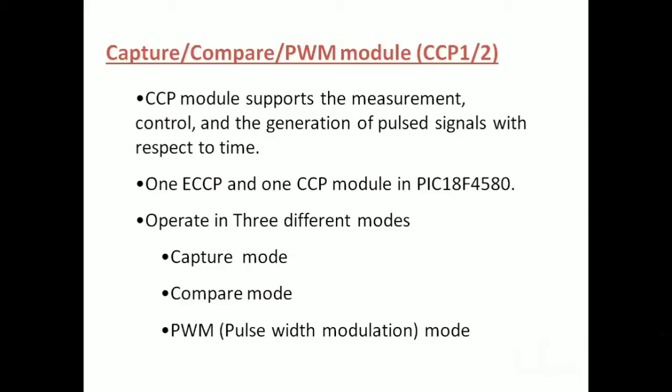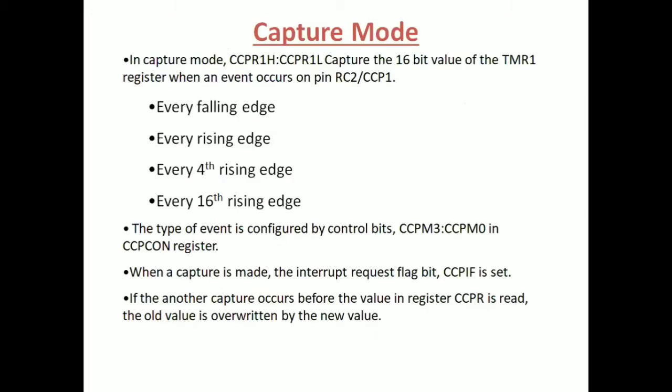We already know that PWM signals are widely used in the control of a DC motor. If you vary the duty cycle of a PWM signal, the average power carried by the PWM signal will vary. That can be used to control the speed of operation, the speed of rotation, the RPM of a DC motor. So first we'll look at the capture mode of operation of the CCP module.